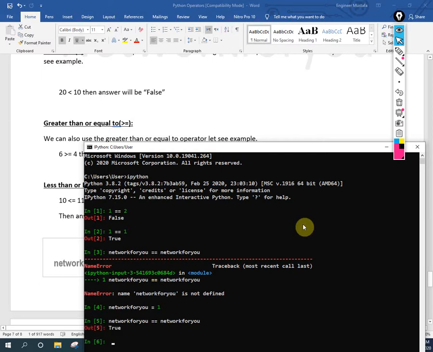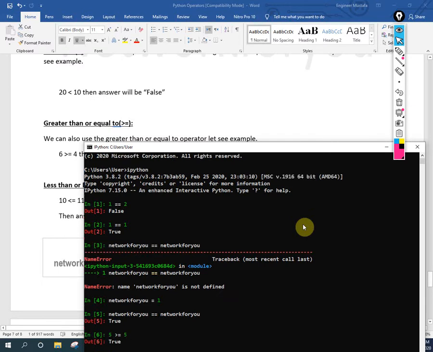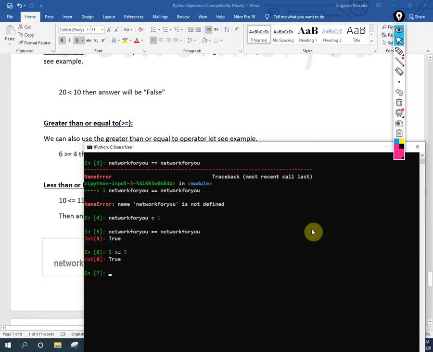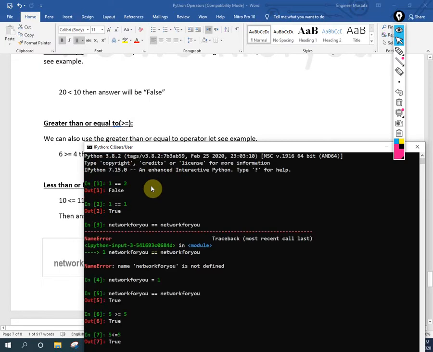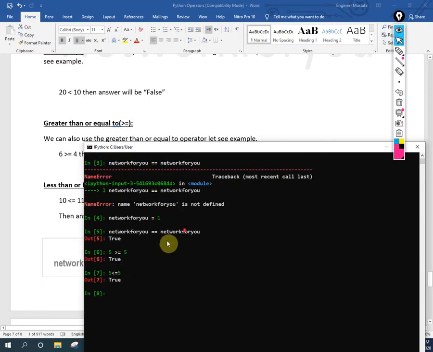If you want to check, for example, I will write 5 is greater than or equal to 5. Then the answer will be true. See here, the answer is true. If I write 5 is less than or equal to 5, the answer will also be true. Let me check, the answer is true here.